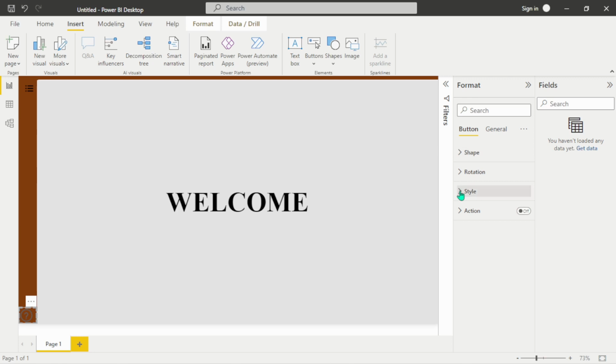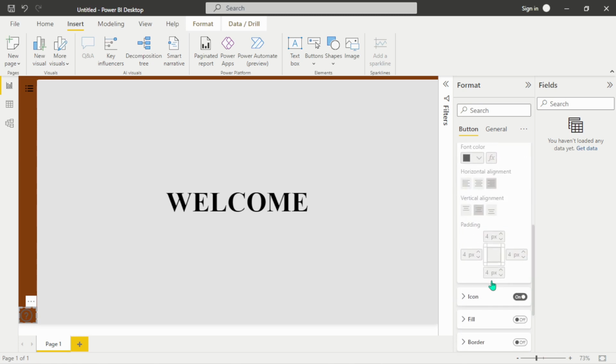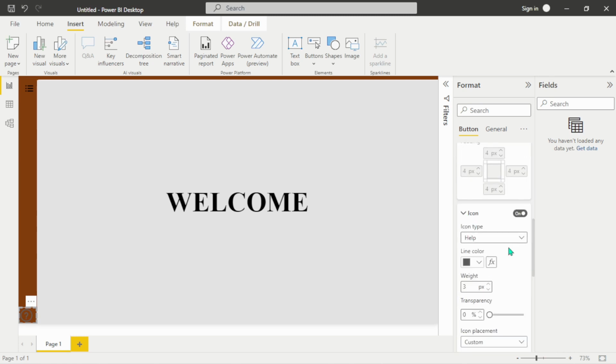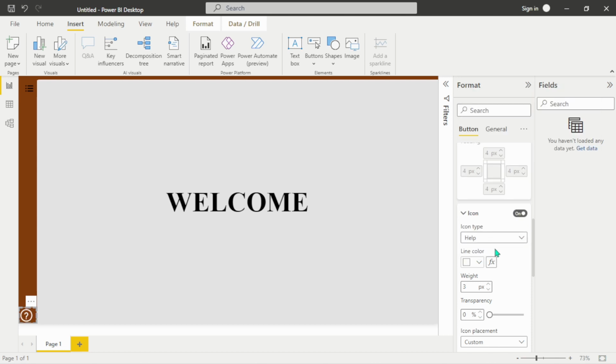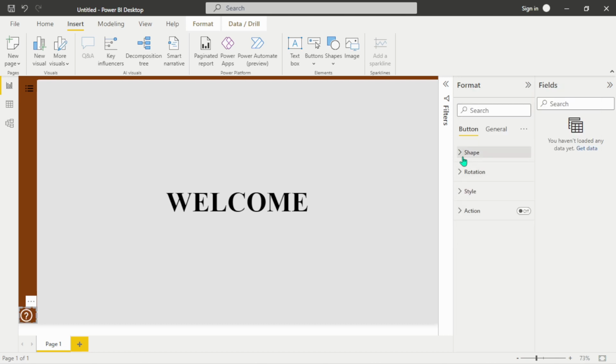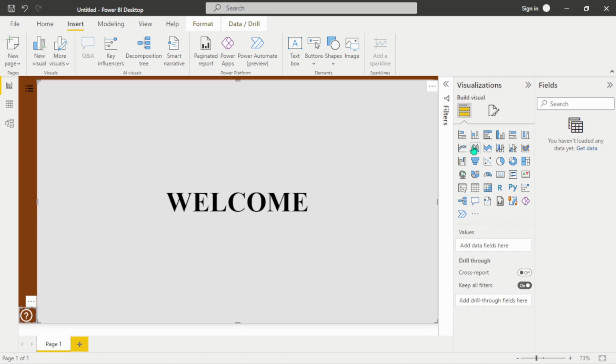So let's leave it as default, and the color, it's an icon, so we want the color to be white, right? So now let's go and do it on hover, so that we'll hover on it with something like a dark color. To do that, just hold your shift and press it,